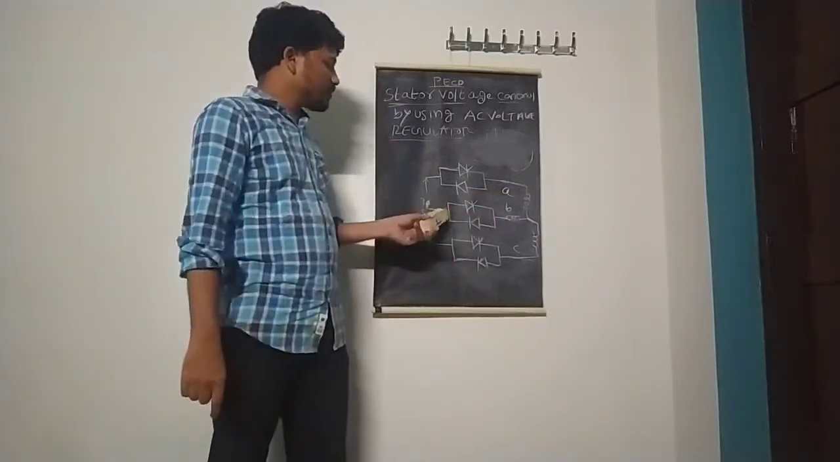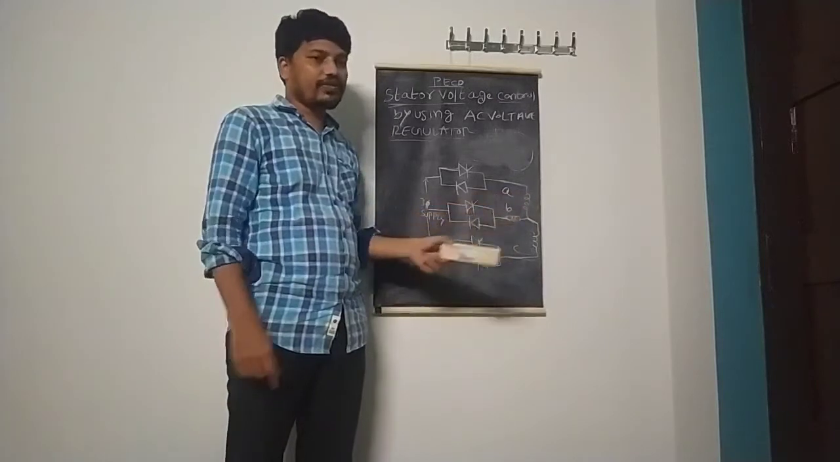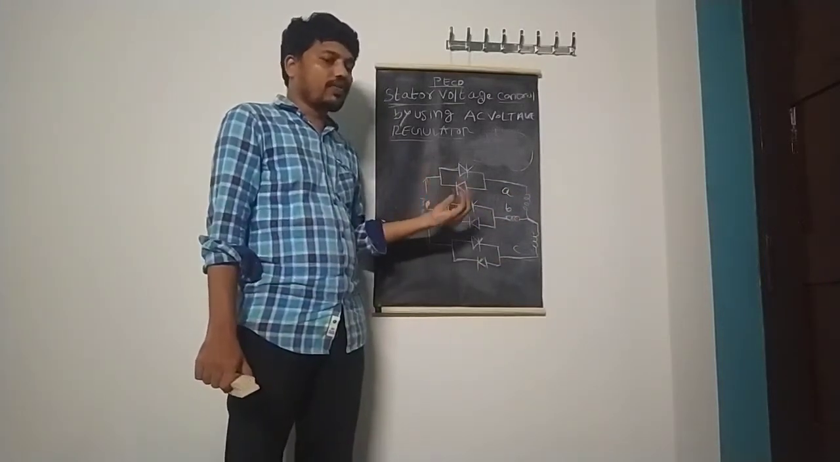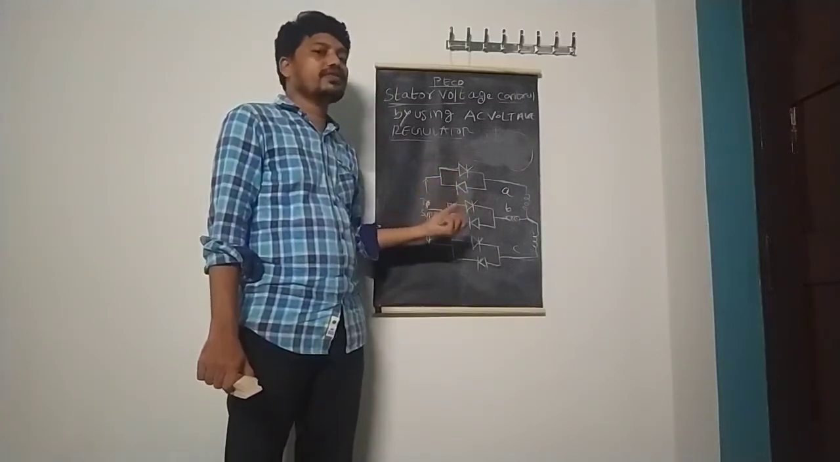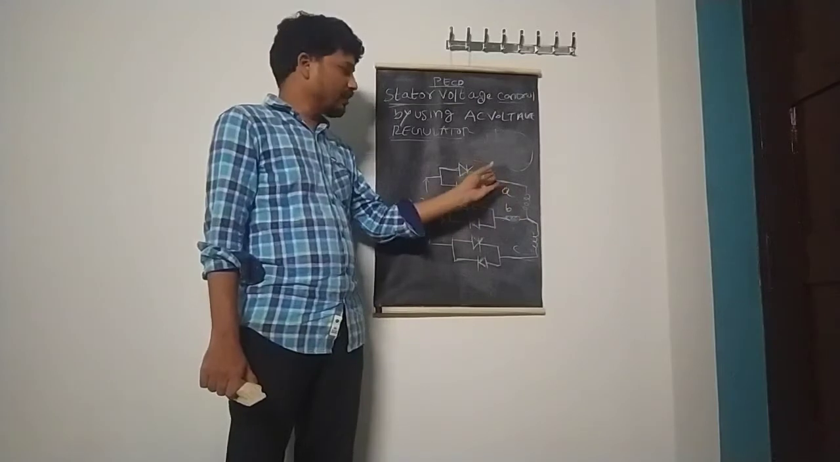In the case of delta connected loads, for a delta connection there is a third harmonic present. Due to that third harmonic, which is caused by the presence of back EMF, there is a circulating current flowing in the line of the